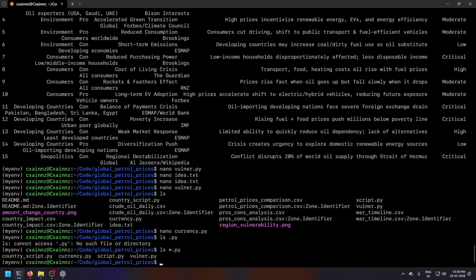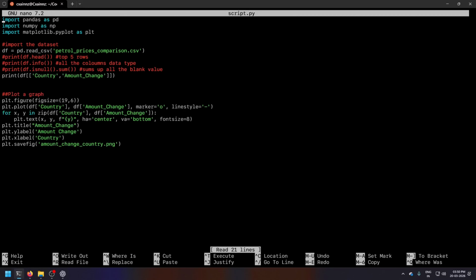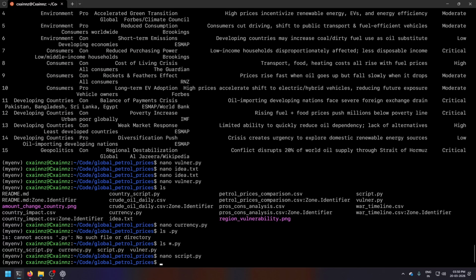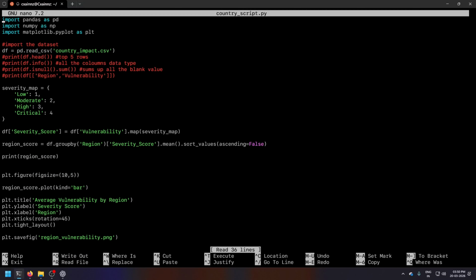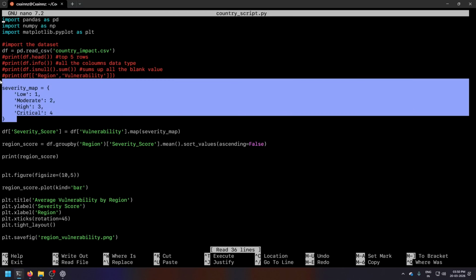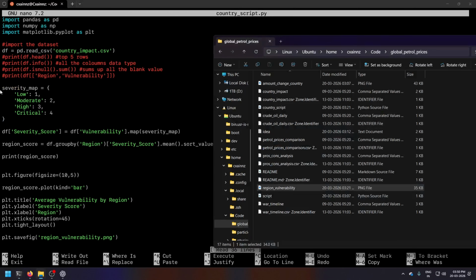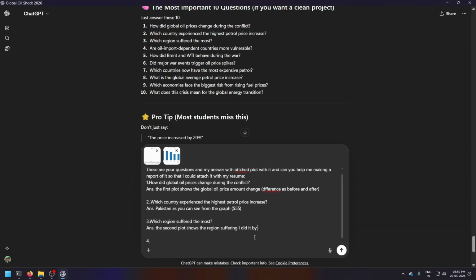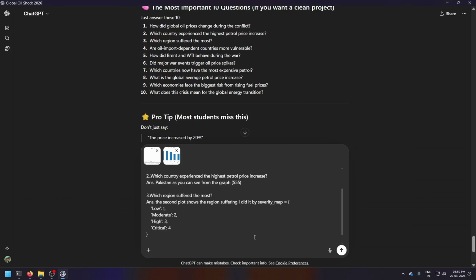We have the country script, currency script, vulnerability. Let's write nano country script.py. Yeah, so I just copy this and paste it over here.